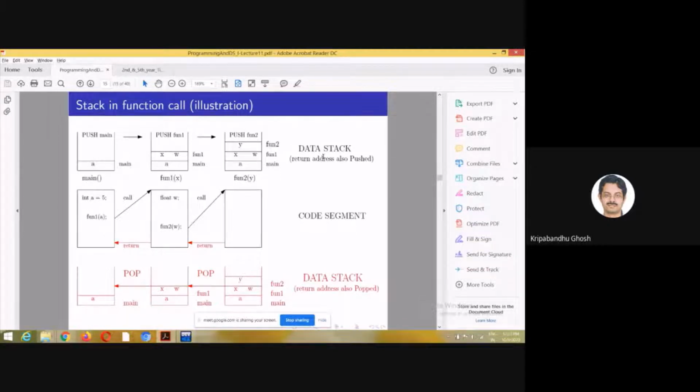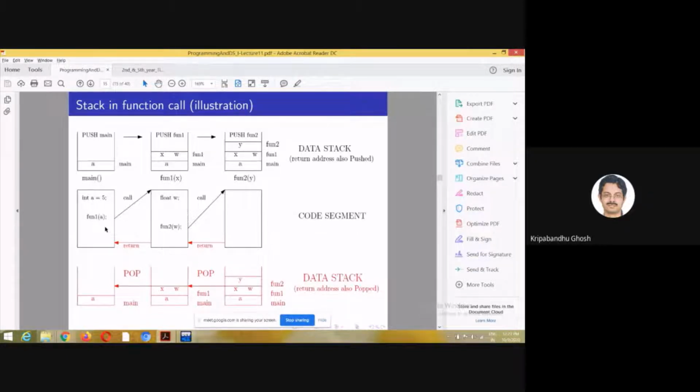Okay, let's call it a data stack. Let's not complicate things too much, but it does something else also. I mean, apart from data, it stores something else. So there is a stack automatically created to keep provision for a function call. This is actually used when there is a function call. So at this point of time, what happens? A function called func1 is created and the value of this particular variable is passed.